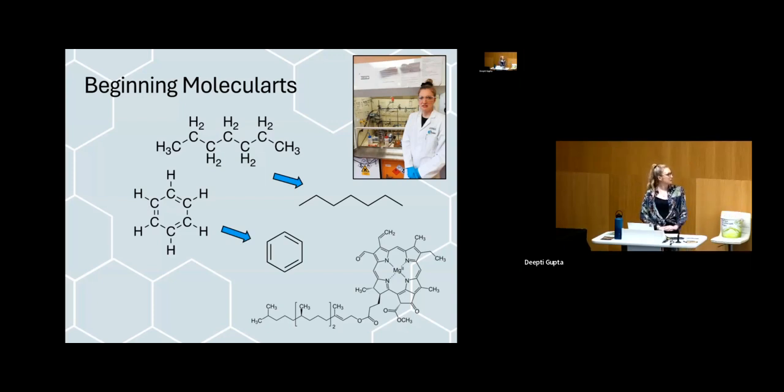As you can hopefully tell from the long-winded versions above, where the lines meet, that's where a carbon atom would be. And then we just imagine that the hydrogen atoms are there, and that's good enough. What this does is it means that drawing more complex molecular structures is a lot easier. So you can see down on the bottom right of the screen, that is, I think, chlorophyll. If we'd drawn that out in the long-winded way, you'd barely be able to see the structure, and it'd be very hard to tell. So yeah, scientifically, this is where my art is based from.